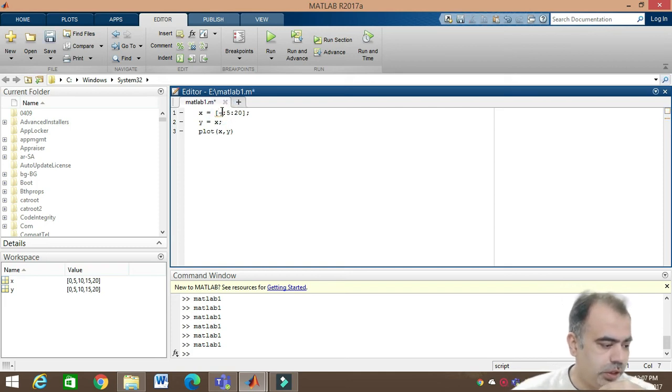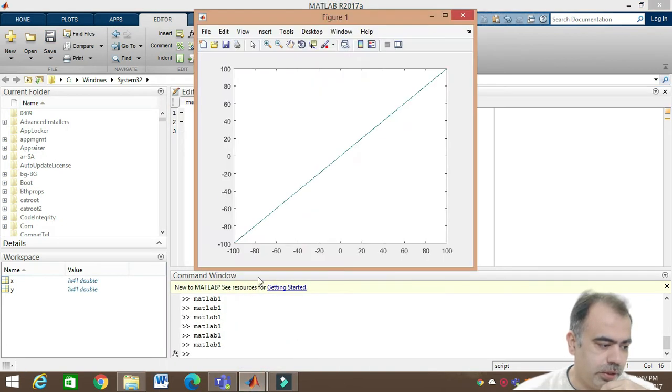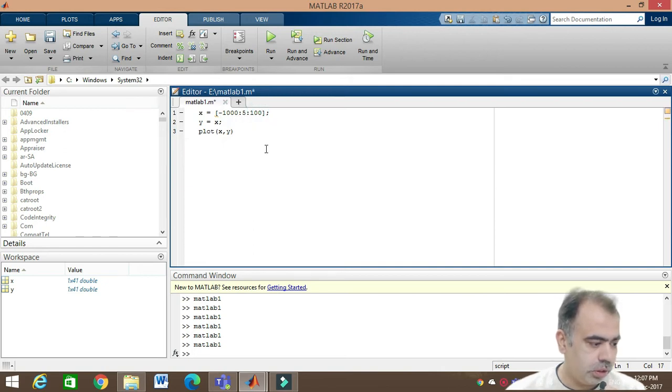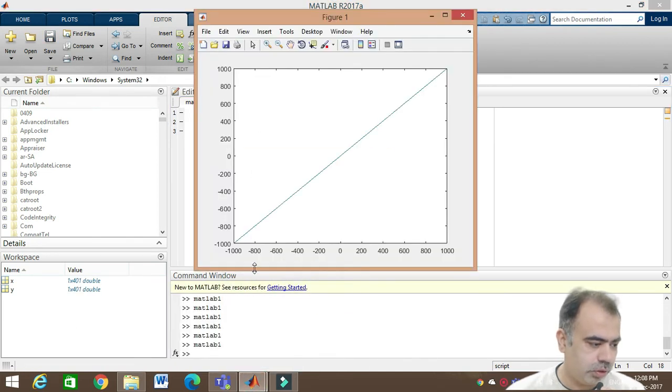I'll change one more thing over here. I am starting it from minus 100 to 100, and this time I am taking a gap of 20. Definitely the graph will come from minus 100 to 100. In the same way you can generate a graph of any number range, let us say from minus 1000 to 1000.